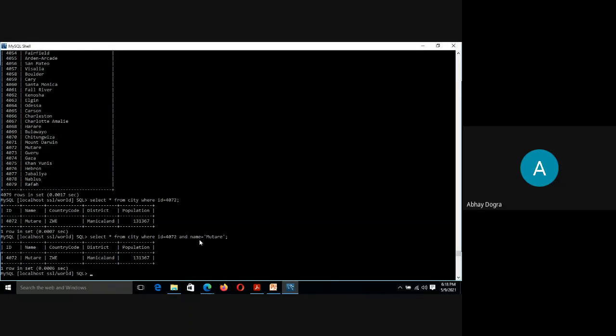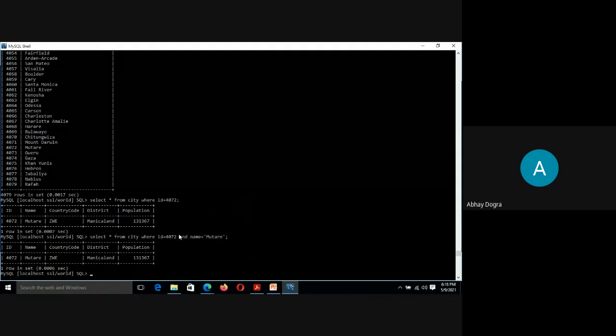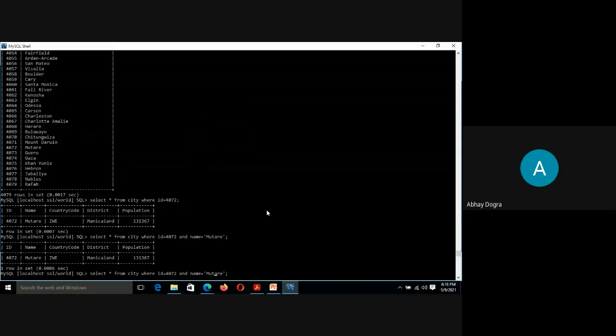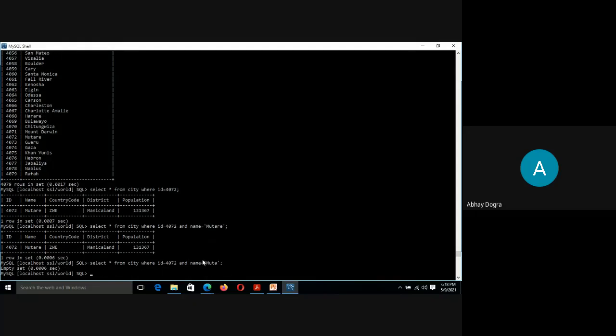Now see this, we have two conditions here. One is this and one is this. So if you are using AND, then both the conditions must be true. Then only it will fetch, right? If in any case any one of the conditions is not true, then it will not return anything, right?